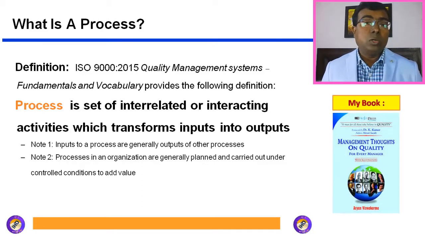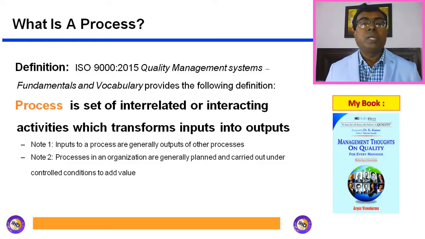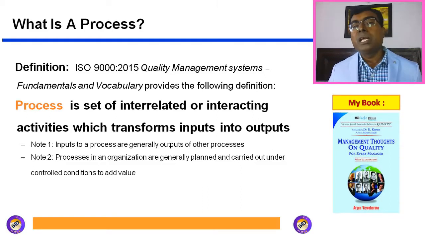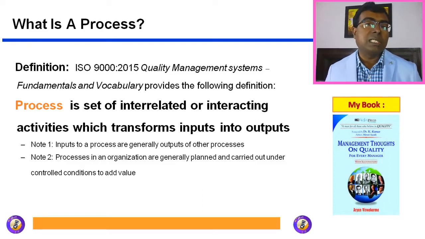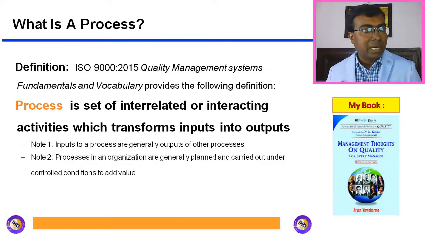So friends, we have understood what is statistics, what is process, and now about control. So control is a typical way of controlling a process. Now here in statistical process control, we are using statistics in a process to control the process. So that's why the term statistical process control.